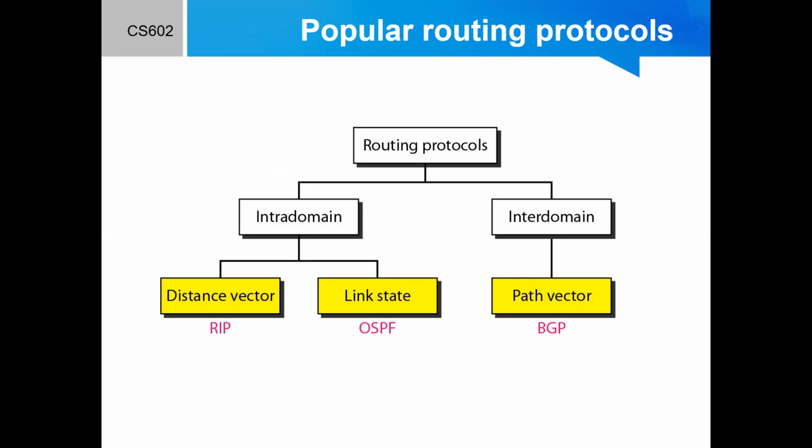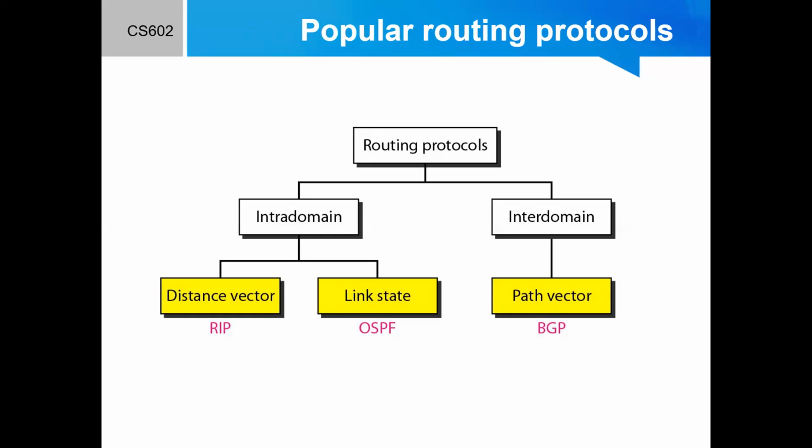First, we have to know intra- and inter-domain routing. Today, an internet can be so large that one routing protocol cannot handle the task of updating the routing tables of all routers. For this reason, an internet is divided into autonomous systems. An autonomous system is a group of networks and routers under the authority of a single administration. Routing inside an autonomous system is referred to as intra-domain routing. Routing between autonomous systems is referred to as inter-domain routing. Each autonomous system can choose one or more intra-domain routing protocols to handle routing inside the autonomous system.